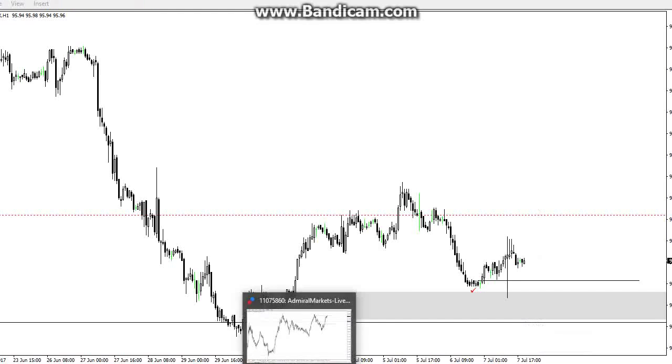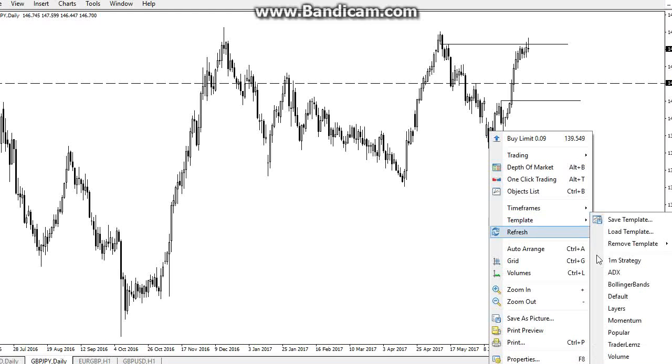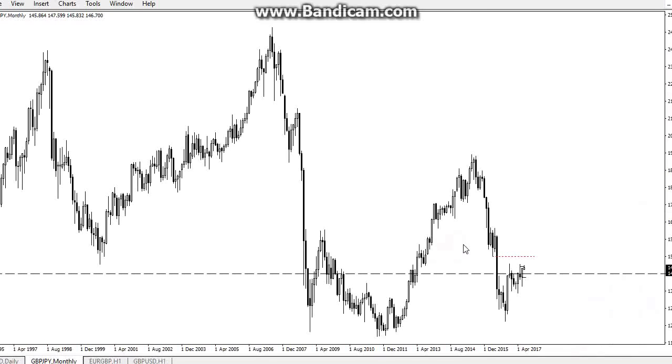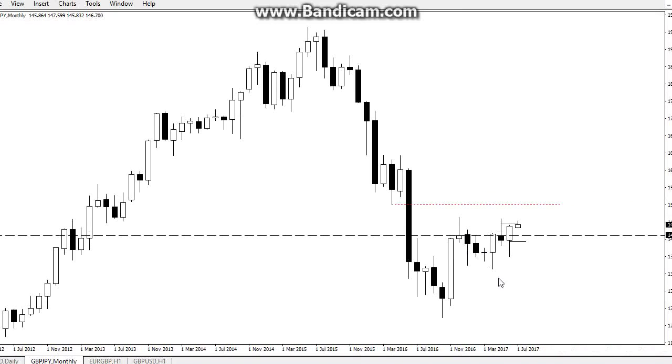So if I go to GPN, I'll start off, obviously I'll start from the monthly time frame. So we've got this now. What we've got now is we've had a rally up last month, and we've had stops taken out from the high of last month as well. So if we go down to the weekly,